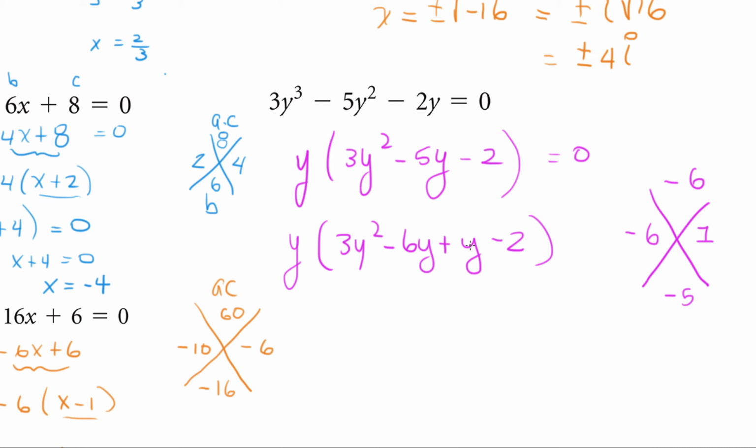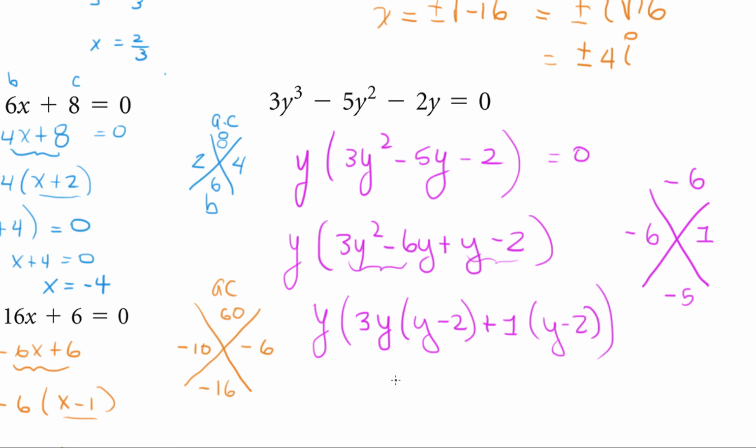Notice that the 1, you do not have to write it down. If you want to write it down, that's fine. Why? We factor the first two, factor the last two. What can you factor between 3y squared and 6y? 3y. You're left with y minus 2. Notice that there's nothing to factor, so I'm going to write a 1. Y minus 2. Y minus 2 is the factor that is the same. And then the terms that are left are 3y plus 1